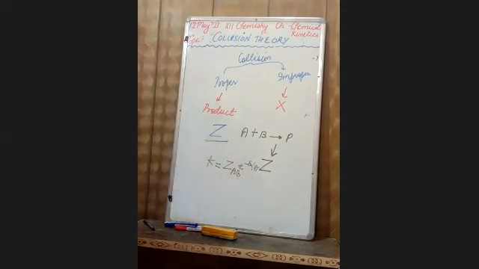Now, what is the effective collision? The collision in which the molecules collide with sufficient kinetic energy, and one more factor, that is proper orientation. See, molecules are colliding with each other. Their collision is perfect, but still the product is not forming. So there is another reason for this also, that is their orientation, which means in which direction the reactants are colliding with each other. I am explaining this term by taking one example.